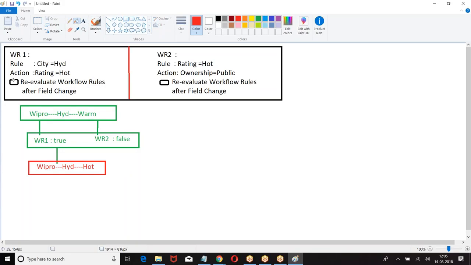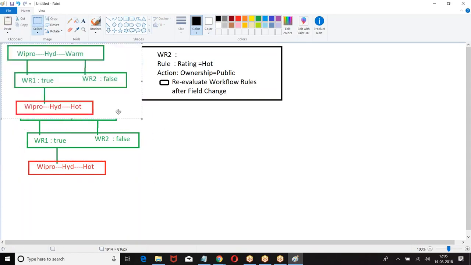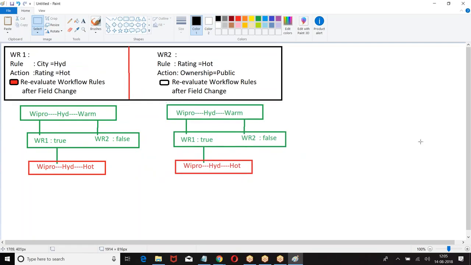I will enable this option. If I enable this option, what will happen? Because of workflow rule number 1, if there is any change in the value of a record, then cross-check the remaining rules which failed.